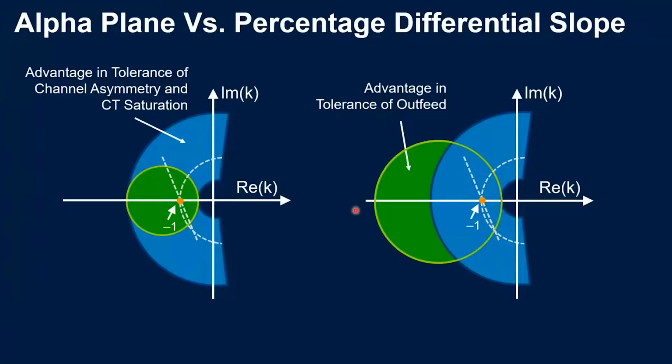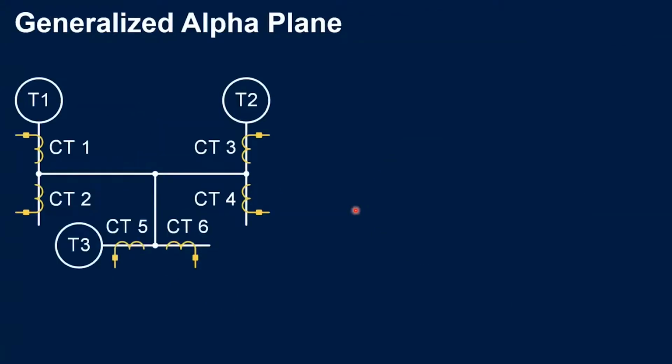But let's take it a step further, because until now we are seeing that the alpha plane operation point is calculated by dividing the local and the remote current. But what happens if we have a system or a transmission line with three terminals? How do we manage to divide a local and a remote current when we have three terminals? And in this case, each terminal has two breakers. So this is why we created the generalized alpha plane. Okay, so it's a method we use to translate a three-terminal system into an equivalent two-terminal system to be able to have an equivalent local current and remote current,